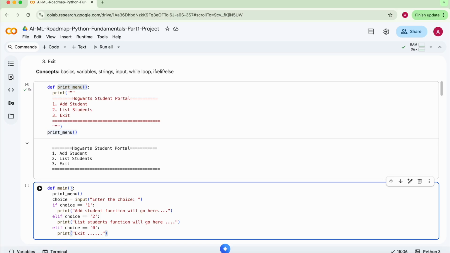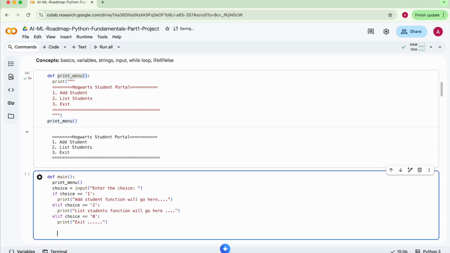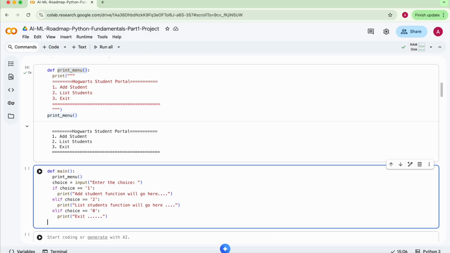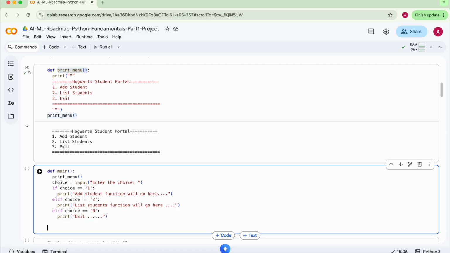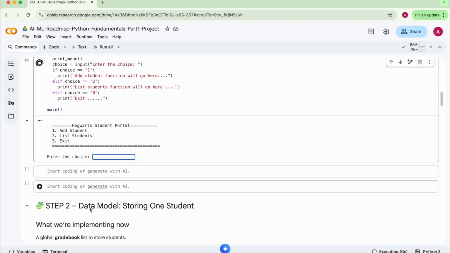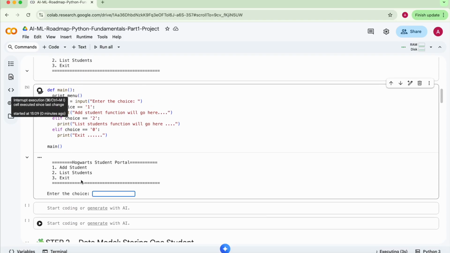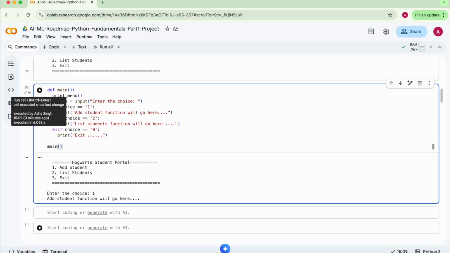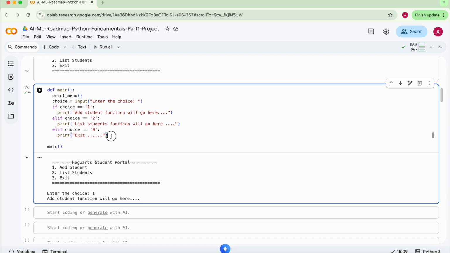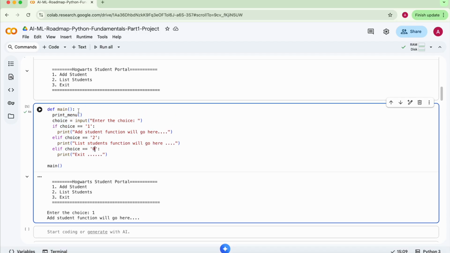now let's try to run this. Okay, let's try to run this. Okay, so it will ask me a choice. So let's say I mention 1. See, it just mentioned this and it exit the function. Okay, now what if I want to make it as a recurring, until the user say exit, it will keep asking for the choice. So how I could do it is, I could do something